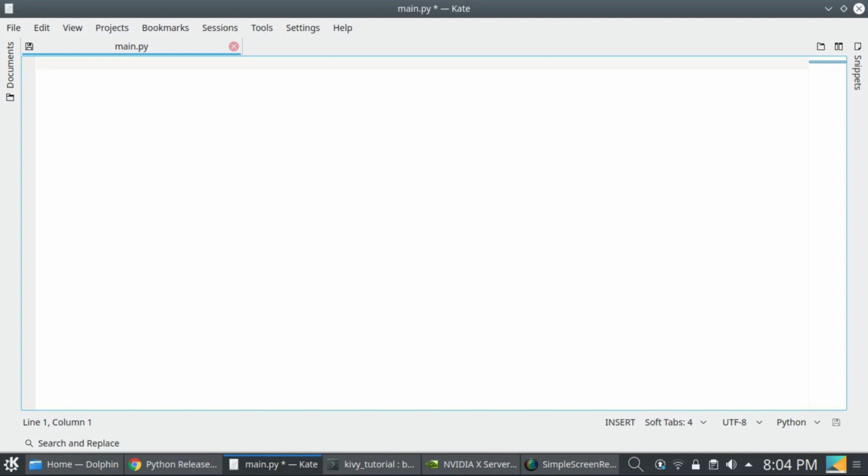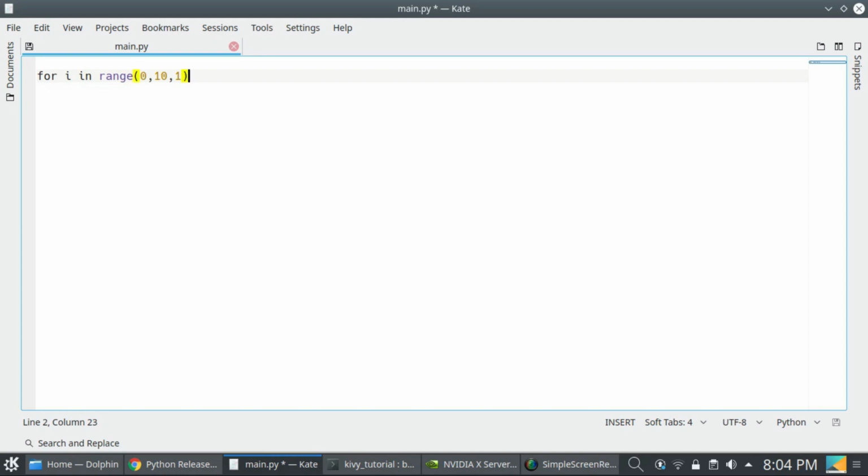Now loops in Python. There are two loops in Python. One is the for loop, another is the while loop. To define a for loop, you write for, its keyword, i is the variable, in, its keyword, range, and the for loop starts from 0 and ends at 10, and the gap is 1.